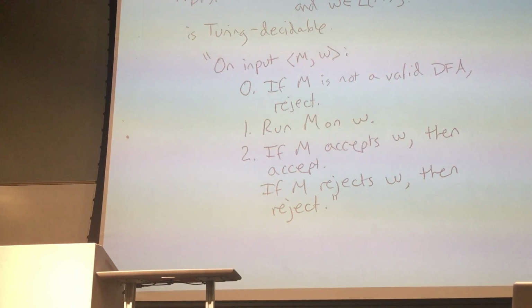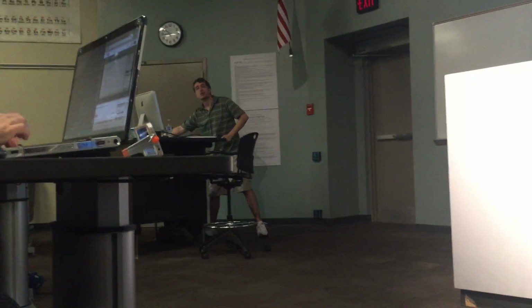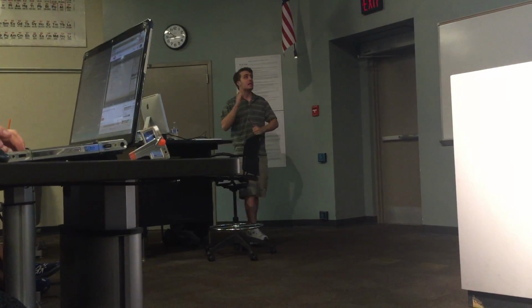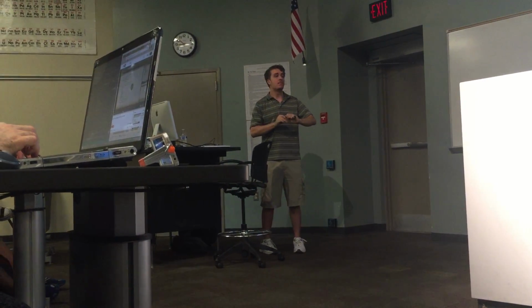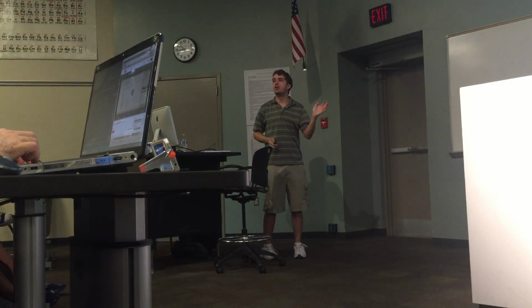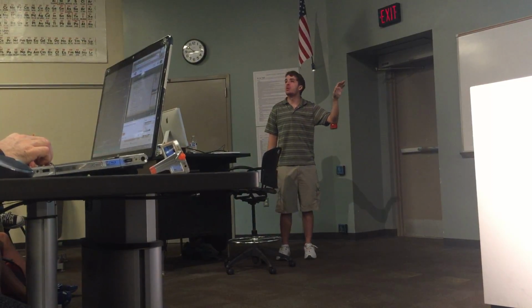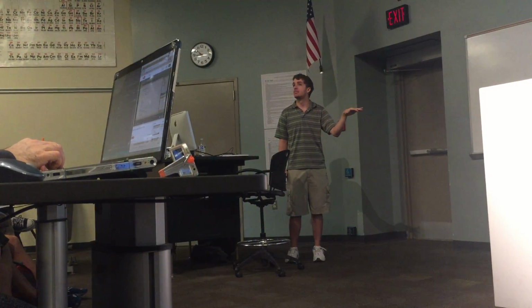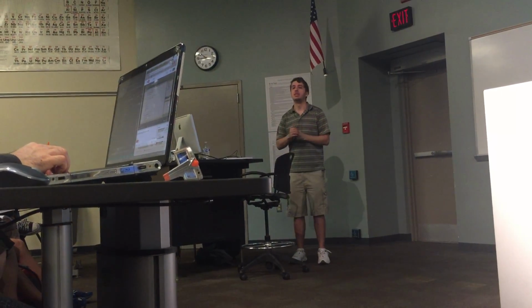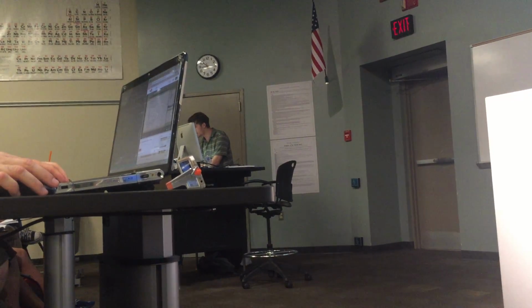Okay? This seems like an intuitive way of actually trying to solve the acceptance problem. It's just checking if the input is valid, which we can do in a finite amount of time, then simulating the machine on the input, which also takes a finite amount of time. Then we check if the last state that we were in is an accept state. If it is, then we accept. If it isn't, then we reject. Okay? That seems pretty simple. So now, let's bump it up a little bit. So if we talked about A_DFA now, what do you think is next?